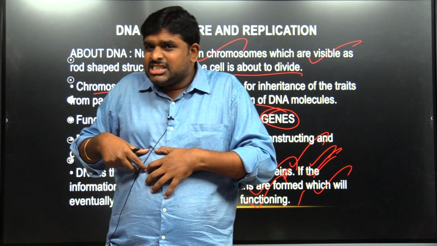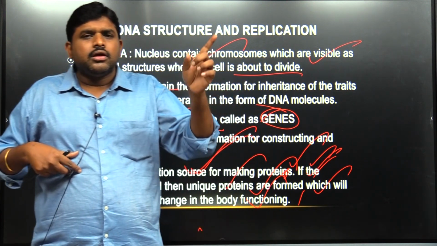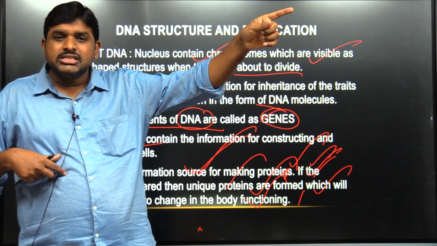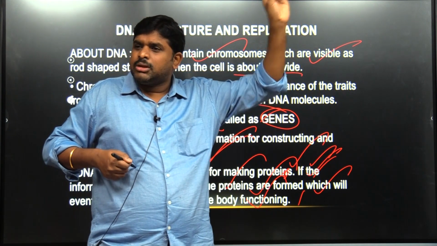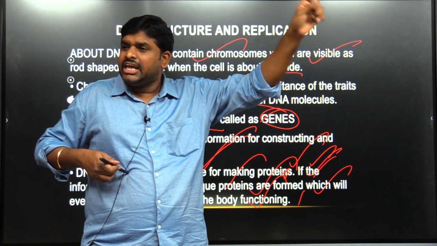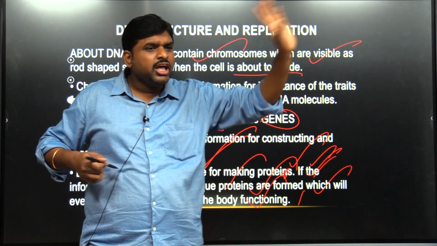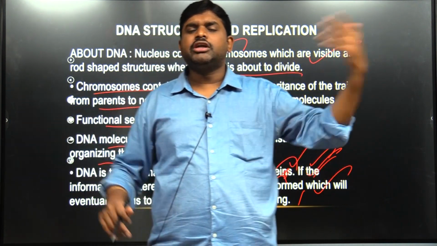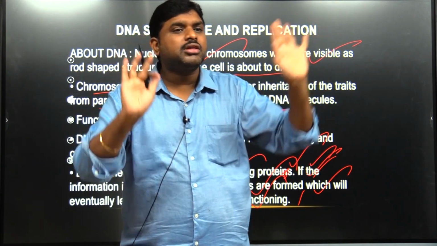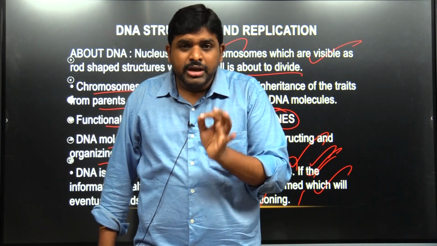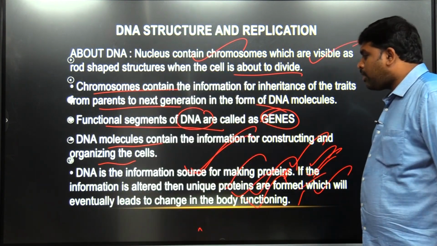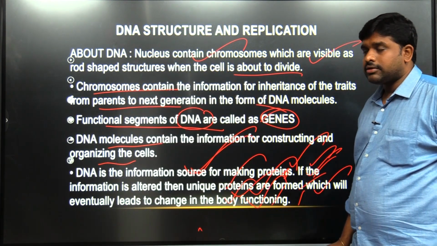So what will happen when this mutated DNA is responsible for abnormal chromosome, abnormal hormone, abnormal protein synthesis? When there is wrong information, the protein produced will be wrong. If there is alteration in the information in the DNA, then there will be alteration in the production of protein. If protein synthesis is wrong, the man will die. If protein synthesis is wrong, abnormality will be there. If protein synthesis is wrong, the man will have some disease or other. So the information coming from DNA is responsible for the functioning of the human form, which will eventually lead to change in the body functioning.